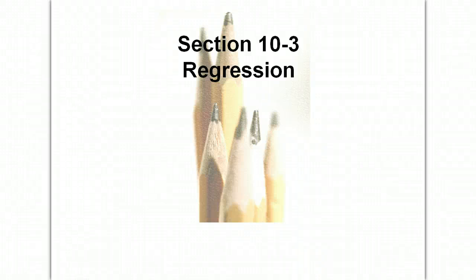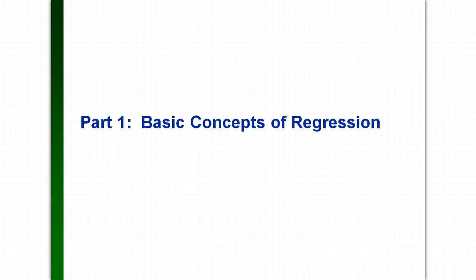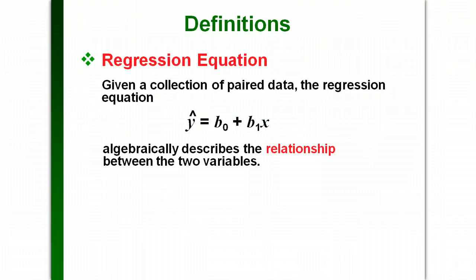Alright, now we're going to turn to regression. It's kind of like what we've been doing, except we're going to use the linear relationship we see to actually come up with a line that describes the data. What we call the regression equation, or sometimes the line of best fit, is an actual line,